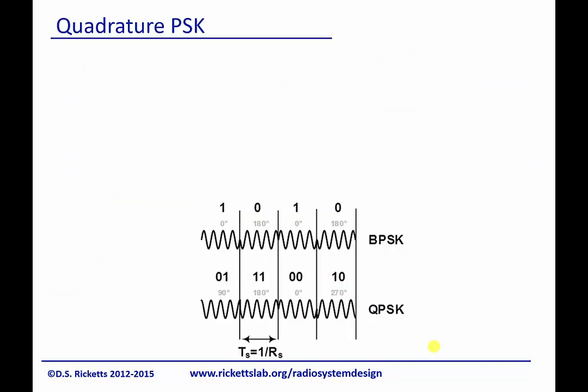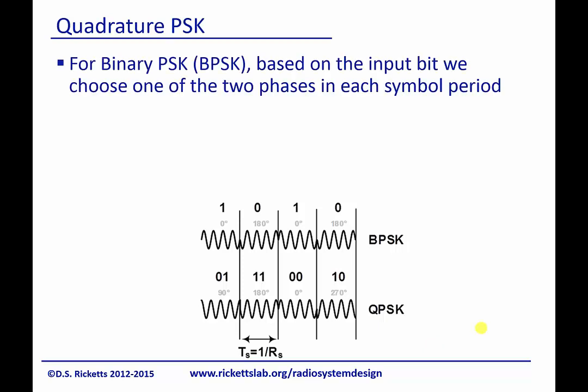So let's take a look at another example here of quadrature PSK. We looked at this last time. For binary PSK, the input, we chose two phases for each symbol, right? So we had a 1 and a 0 based upon the phase. And now for